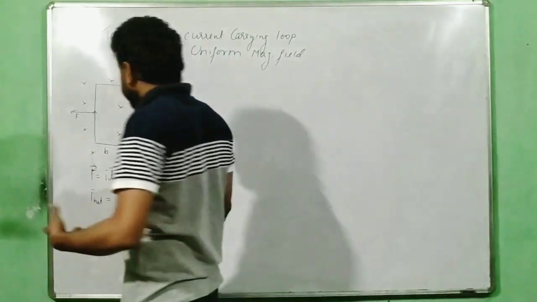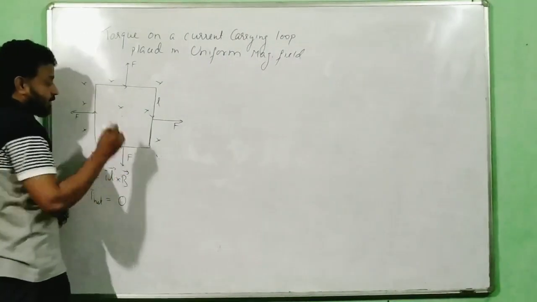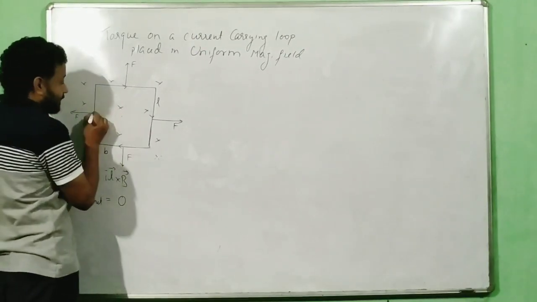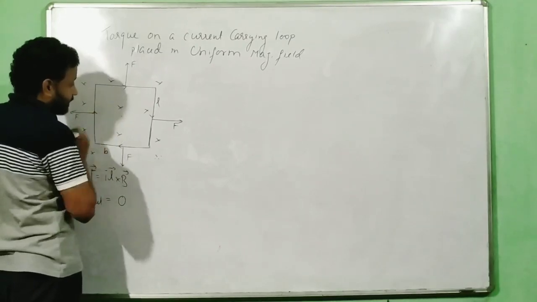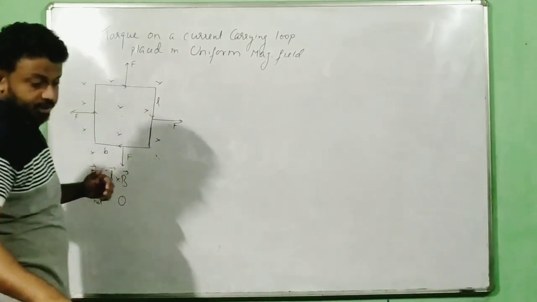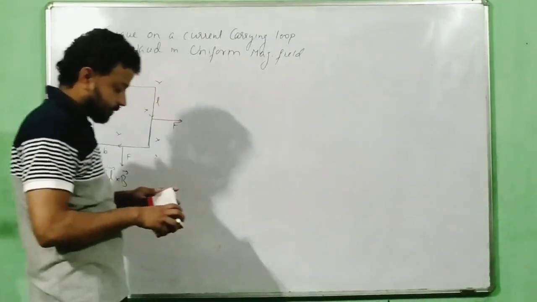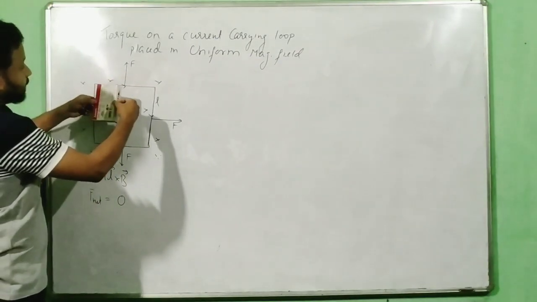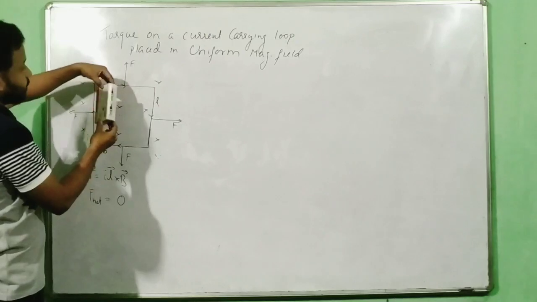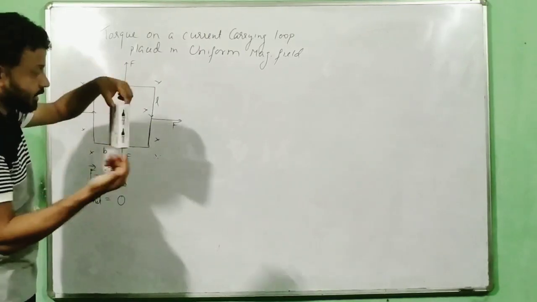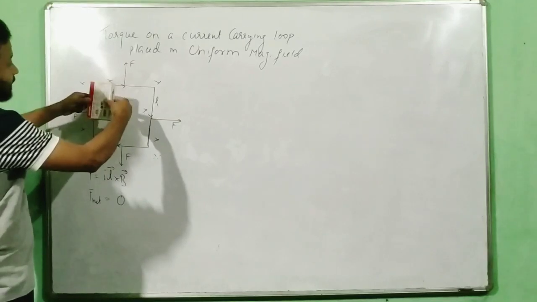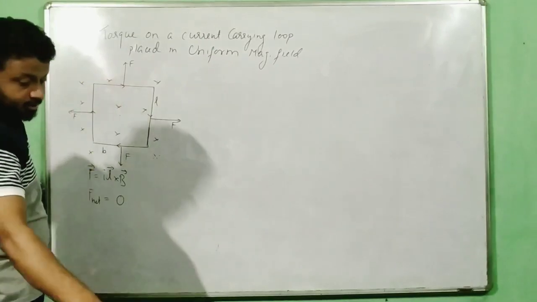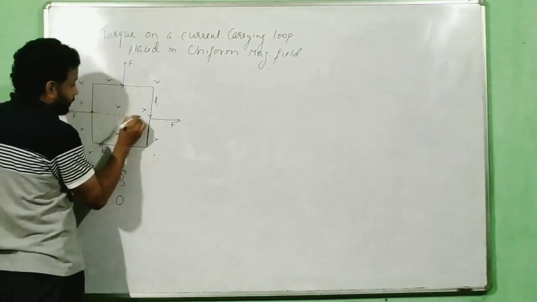Now this is a free body. If it is a free body, then obviously it will have a center of mass. So a free body has a tendency to rotate about a center of mass, about an axis. So let us say that this is my axis. If this is my loop over here, then I can make some arrangement so that the loop can either rotate like this or rotate like this. Does not matter, the physics will not change. For my convenience, let us say I am going to rotate it like this. So consider that this is my axis over here.